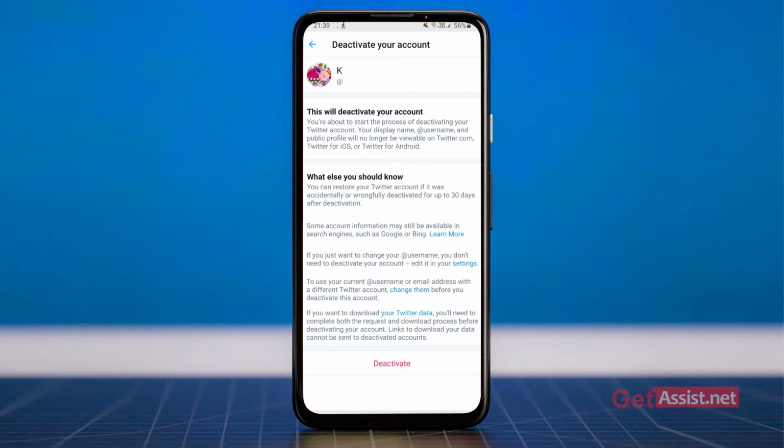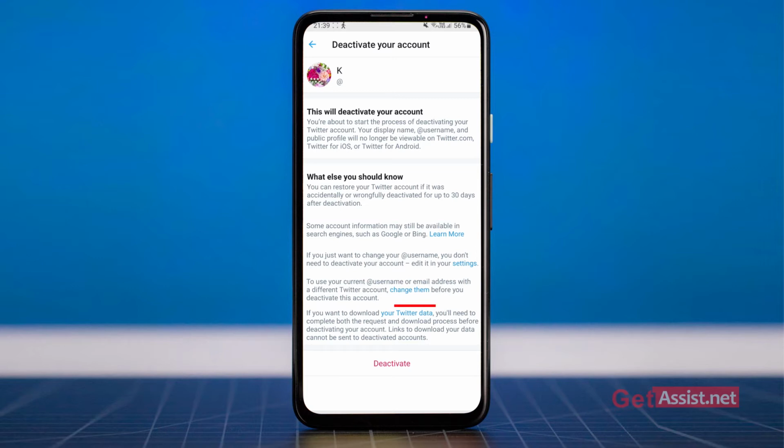So remember that if you deactivate your account, you only have 30 days to get back to your account. If you forget to log in back within 30 days, you will lose access to your account, alright. So yeah, that was the information given about deactivating your account.